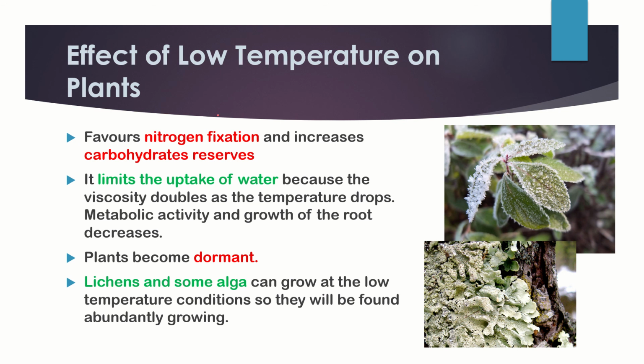Now we are going to observe the effect of low and high temperature on plants, and what plants do to adapt themselves to low temperature and high temperature environmental conditions. So the first one is effect of low temperature. You all know the temperature during winters falls a lot. Sometimes it reaches 0 degrees, and especially in the Arctic areas or in the temperate areas, it can go beyond 0 as well. But plants are surviving there. How the plants are surviving will be the adaptation part. But what effect the low temperature has on plants, that we will study under impact.